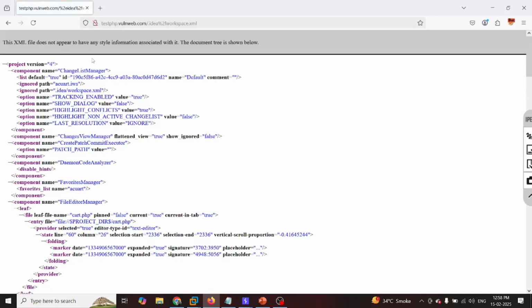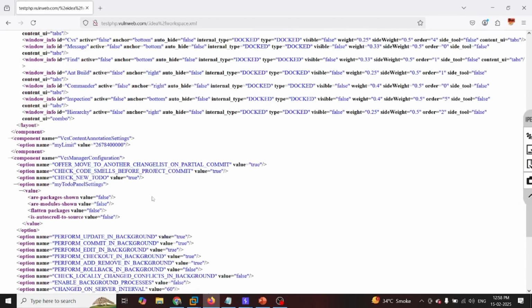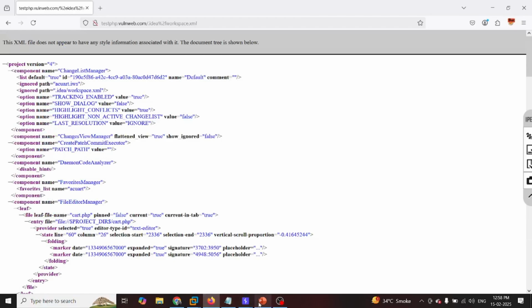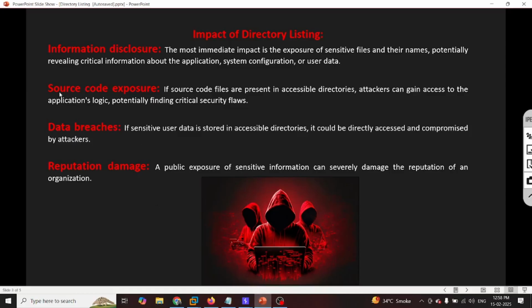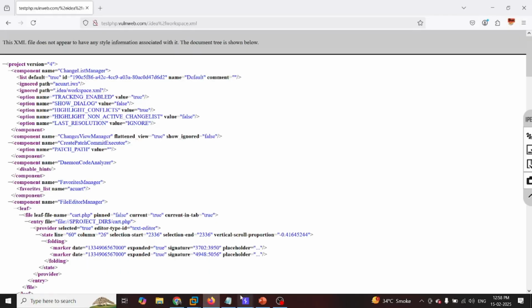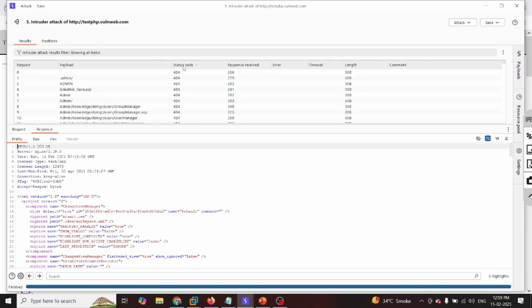The XML does not appear to have any format tag. Okay. So for that, we can analyze much more later. As we just talked about, it can reveal a lot of information like source code exposure, information disclosure, data breach and whatnot, right? This is one of the examples. We would be covering this in detail later on, right? So I believe one of the ways is clear to you, this is how you can brute force directories using your Intruder, right?